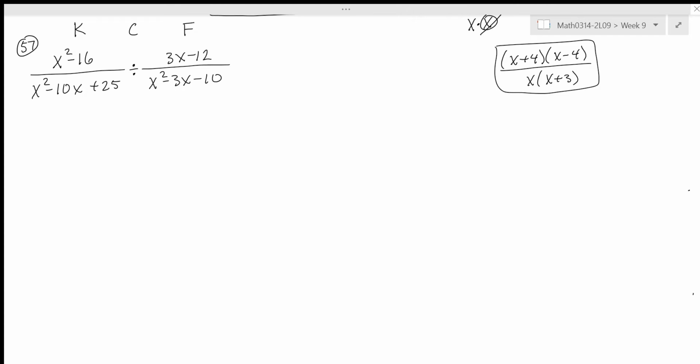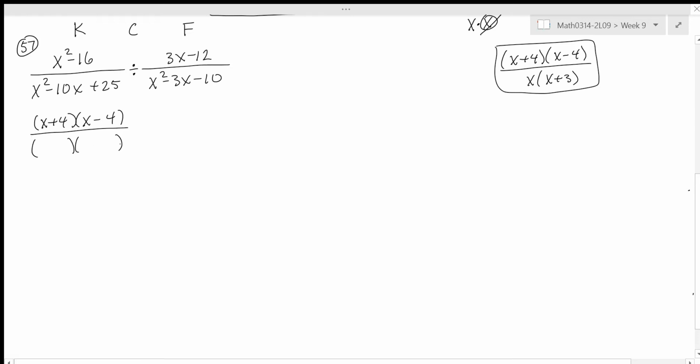And guess what we're going to do? We're going to factor on the fly. As I'm doing the keep, change, flip, I'm going to factor on the fly. Here we go. Difference of 2 squares. X plus 4, X minus 4, right? We've seen that, I think, twice already. In the denominator,